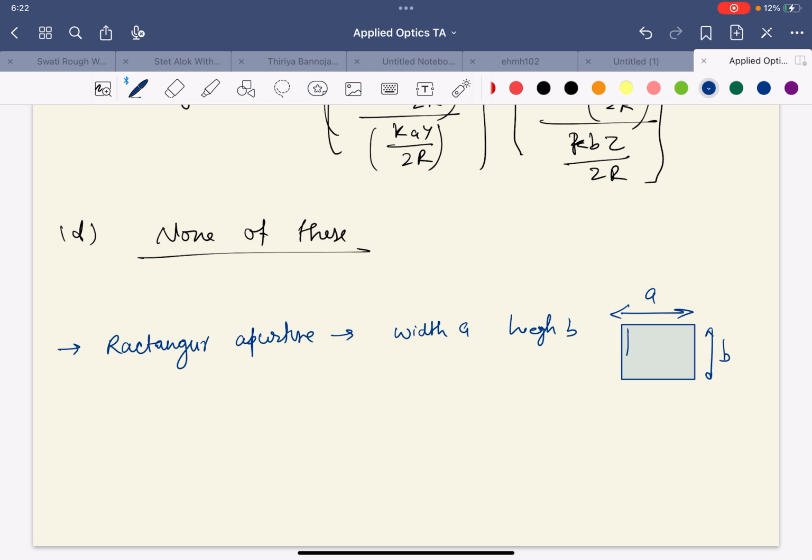Okay, then if we describe using the Fraunhofer diffraction, which is based on Fourier transform, then the aperture function,